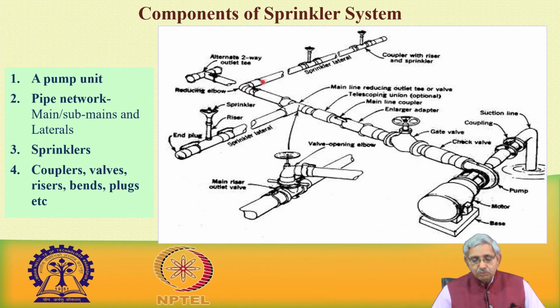There you will have such type of laterals which are permanently fixed, and then there will be a set of laterals. So, this is one lateral, this is another lateral, like this there can be several laterals, and in this lateral again there is one connection which is an elbow. So, using the elbow, this particular lateral can be connected, in which another sprinkler head is mounted, using the coupler with the riser pipe and the sprinkler.